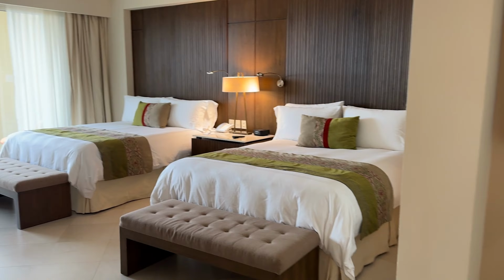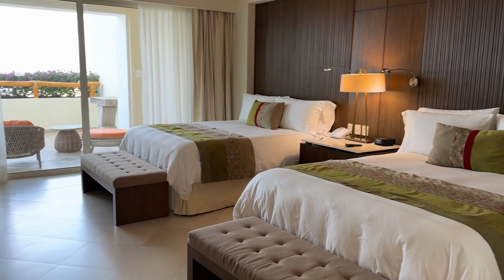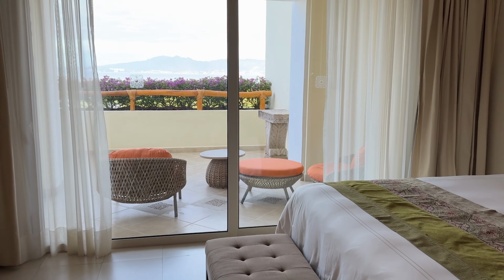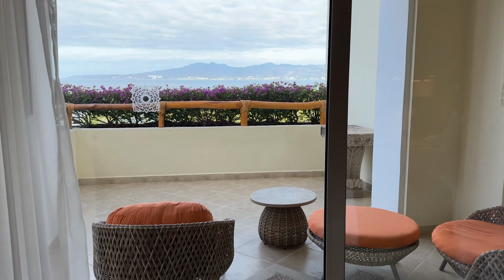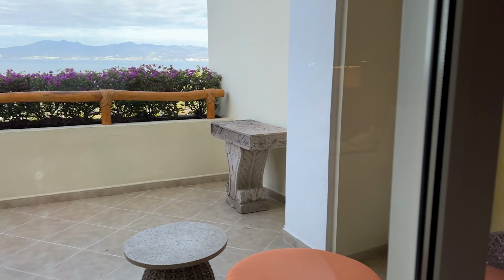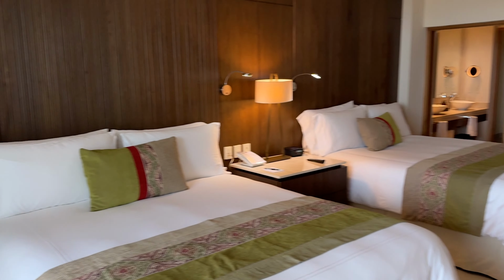Here at Grand Velas Riviera Nayarit, and I just walked into a family suite. Great living area here with beautiful outdoor areas as well. So here is the bedroom for the children. I'll have to get the square footage of what this is, but you can see, look at the size of their balcony. It's huge. So nice size